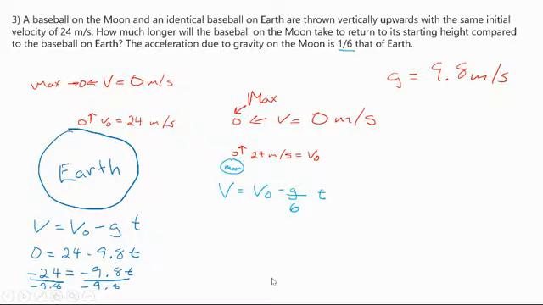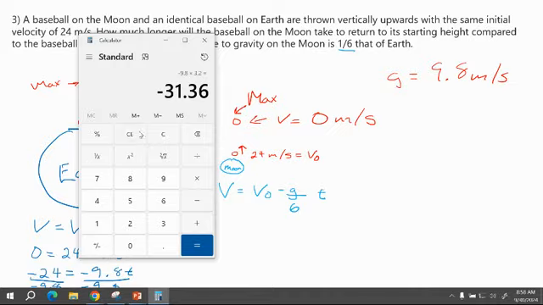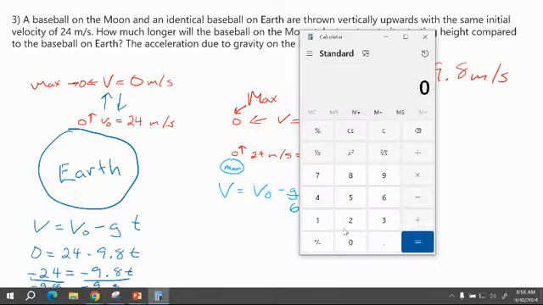So then my time on Earth, if I do the math, actually it's 2 times whatever this time is. This is how much longer will it take. So whatever this time is, we're going to have to multiply it by 2, right? Because it takes that time to come up and that time to come down. So I end up with 24 divided by 9.8. So then my time for the maximum height